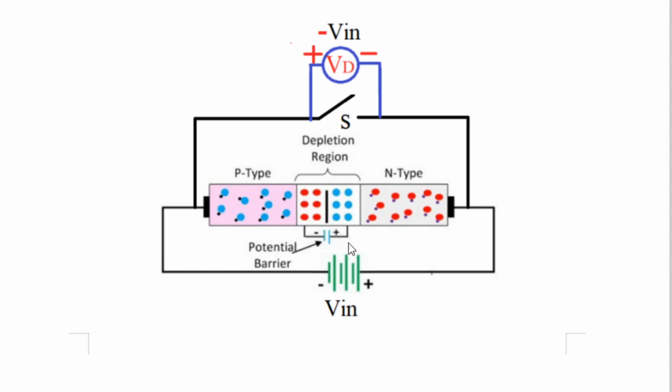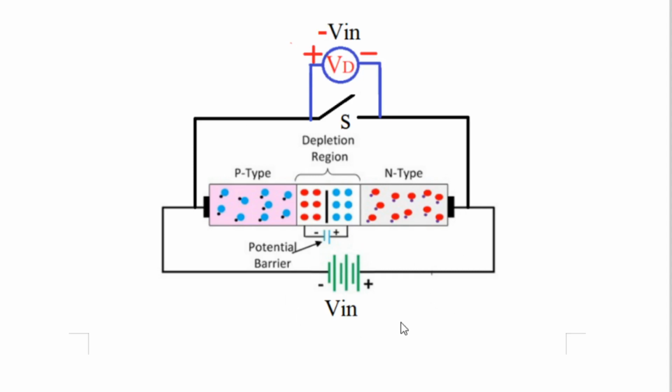The width of the depletion layer is more because the anode is now connected to the negative of the battery and the cathode is connected to the positive of the battery, and this entire PN junction diode is behaving as an open switch. Always, the positive of the voltmeter is connected to the anode of the diode. Negative of the voltmeter is connected to the cathode of the diode. So p-type material is the anode of the diode, n-type material is the cathode of the diode. Therefore the voltmeter's positive is always connected to the anode of the diode, negative is connected to the cathode.